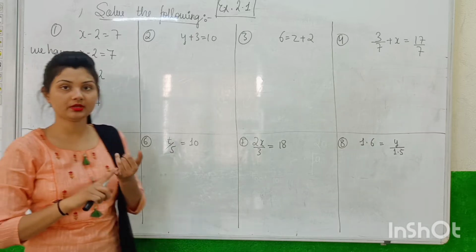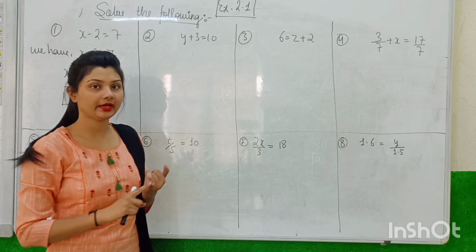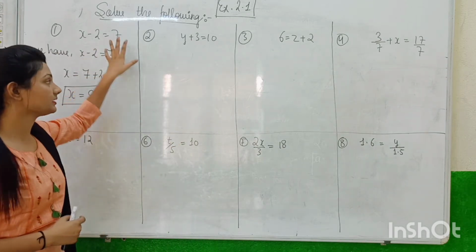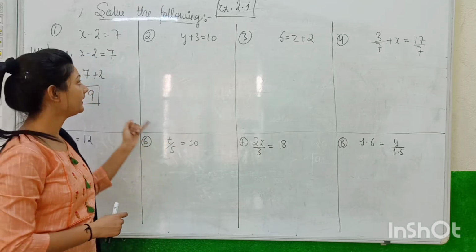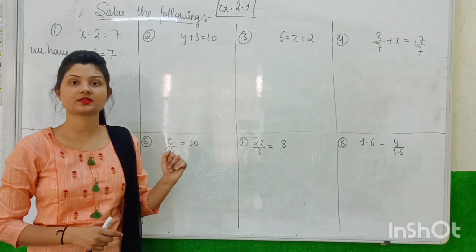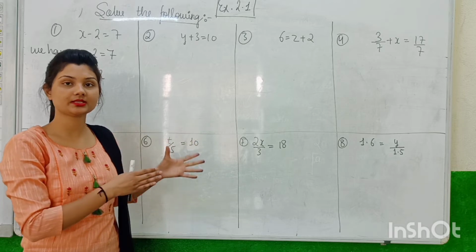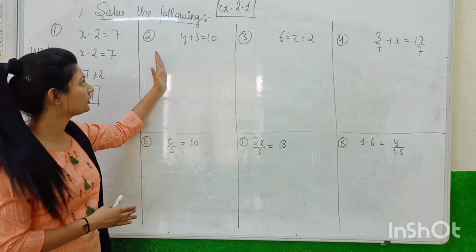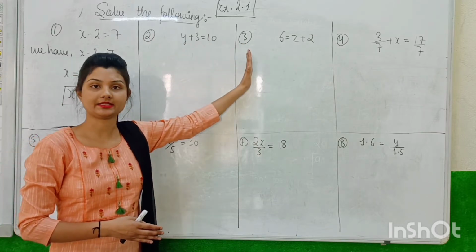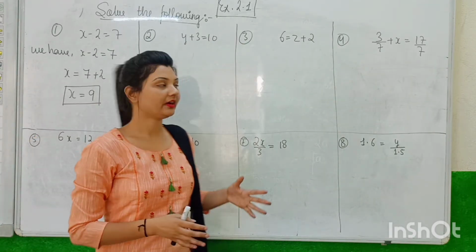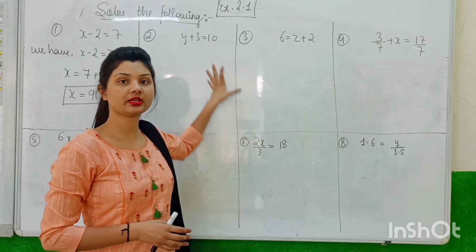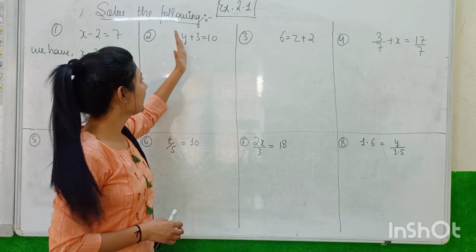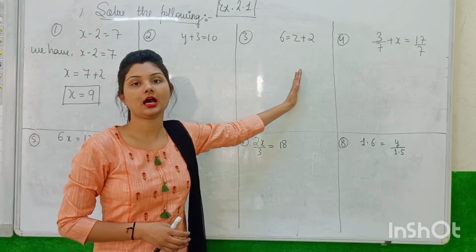See, one variable and one number cannot be added and cannot be subtracted. So we have to take all the numbers on the same side, and all the variables on the same side. We have to keep all the variables in the LHS part, that is left side, and we have to put all the numbers on the right side. While we solve these equations, we keep the variables in the left hand side part and all the numbers on the RHS part.